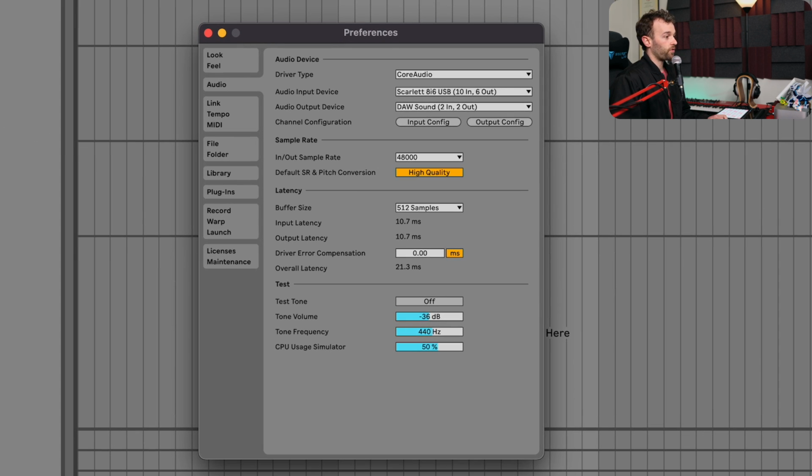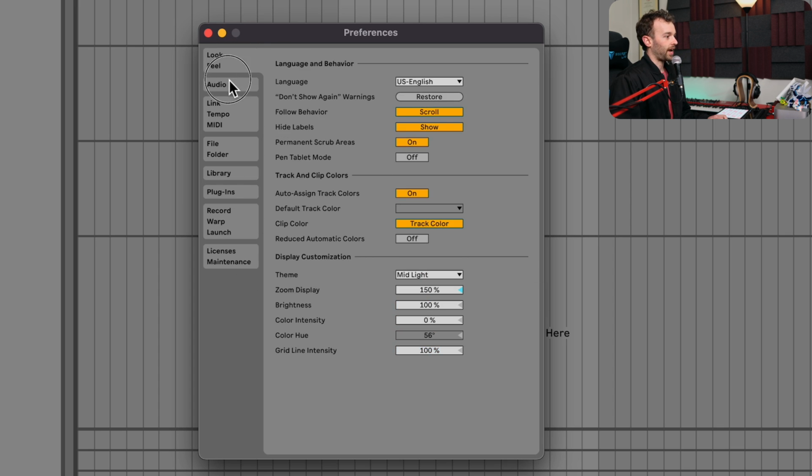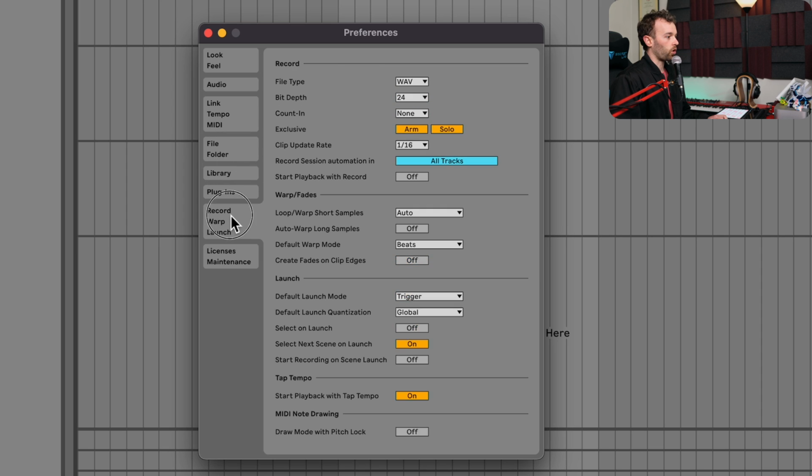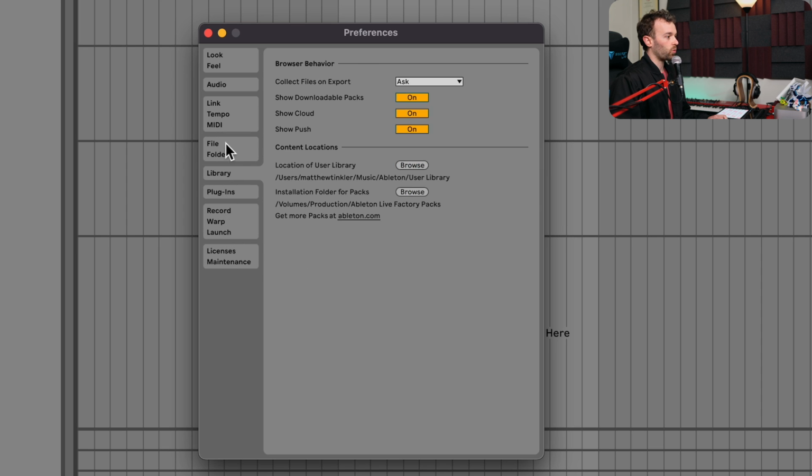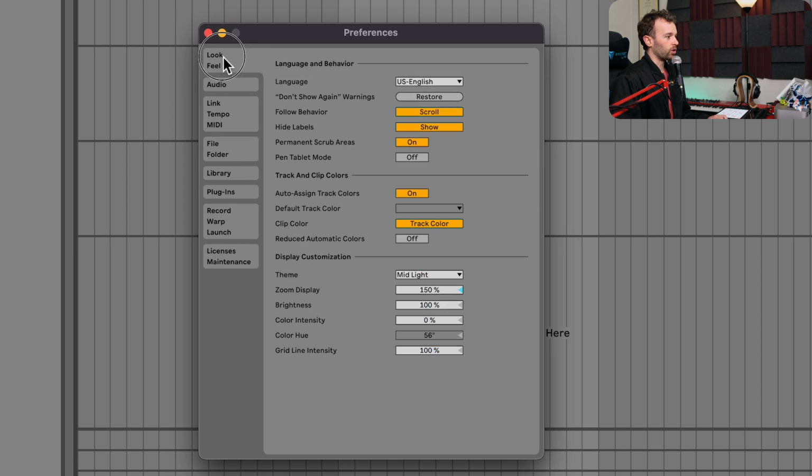Now that we've opened up our Preferences window, let's take a look at it here in the center of the screen. And we can see there's a whole bunch of options with a bunch of tabs on the left. We're not going to go through all of these, but the two that we are going to go through are this Look Feel up the top to start with, which allows us to just change the look and feel of